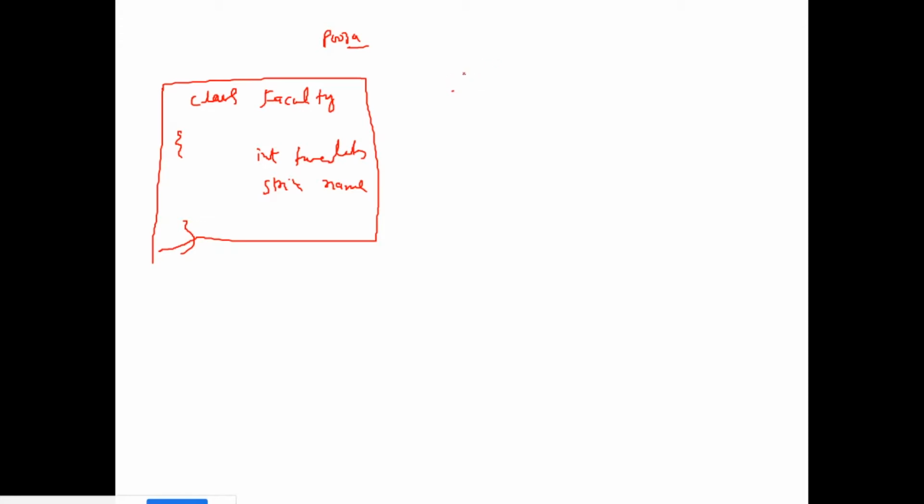Okay. Kavita, do you want to try? So how to create an object of a class? Yeah, class name is faculty, then object name equal to new keyword. No, no, class name faculty. I want to create the object of this class in a different class. That's the purpose of making an object, right?